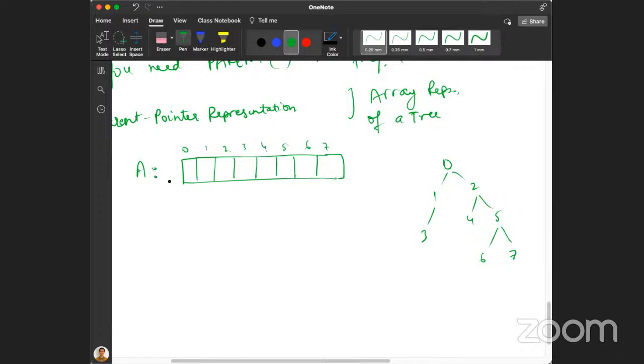And what are the values stored? So it points to the parent. Who is the parent of 0? None. Who is the parent of 1? 0. Who is the parent of 2? 0. Who is the parent of 3? 1. Who is the parent of 4? 2. Who is the parent of 5? 2. The parent of 6? 5. Parent of 7? 5. Right? So here,